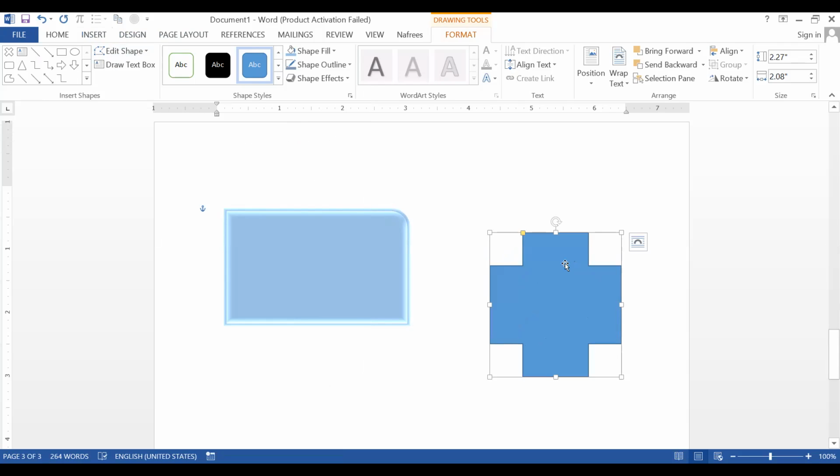For example, if you just want to move this corner somewhere else, then again edit shape, edit points. It will show you all the points in the created shape. Now you can move the point. We can edit it simply, just drag and drop.